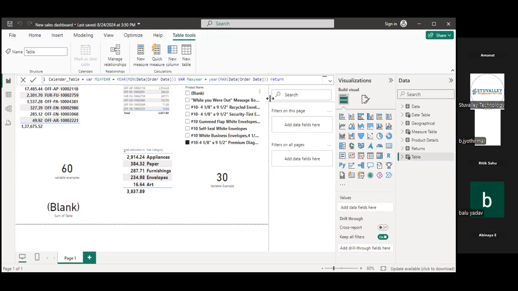But when we have multiple requirements, I want quarter column, I want month column, for that variable is required. That is the use of your variable. So see how we make use of these variables. So under return statement, I want add column.